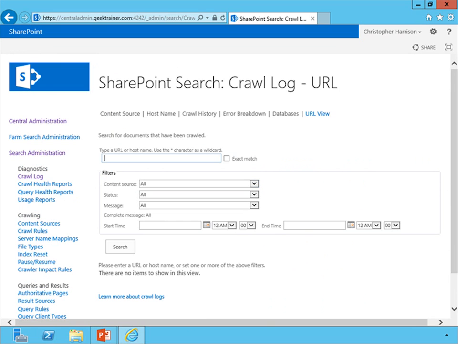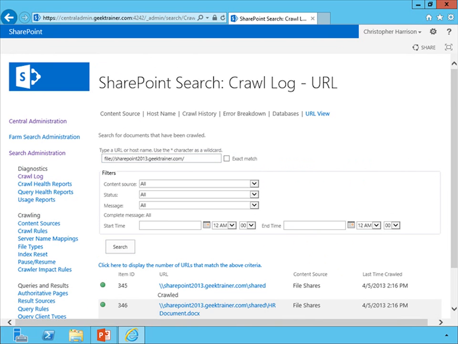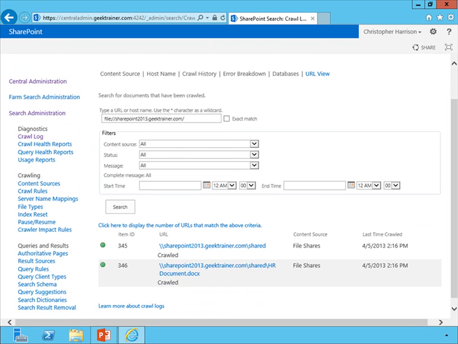And then inside of here, I can just type in the URL that I'm interested in. So I'm looking for the file share on SharePoint2013.geektrainer.com. So I go ahead and say file, whack, whack, SharePoint2013.geektrainer.com, and I'm going to click search. And now what you're going to notice is that this will give me information about everything that it found inside of that environment. So it shows us that it crawled the shared folder, and it shows us that it crawled